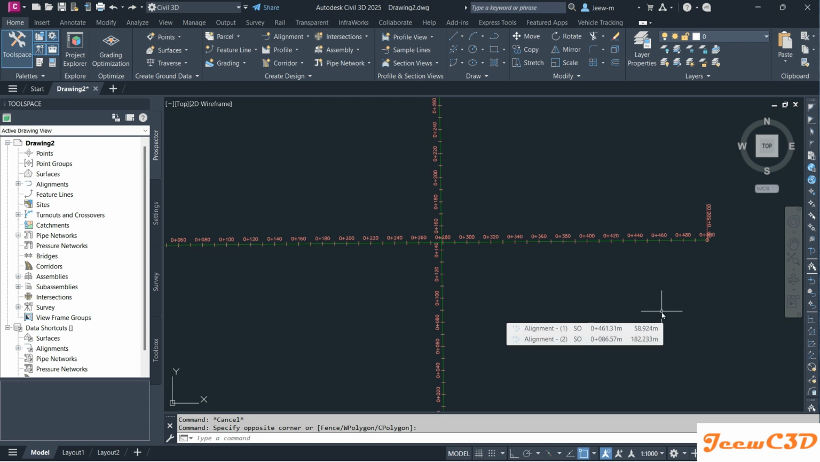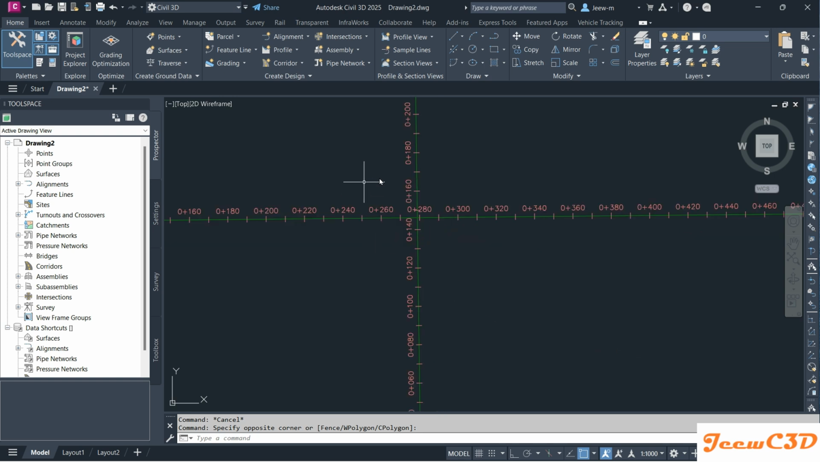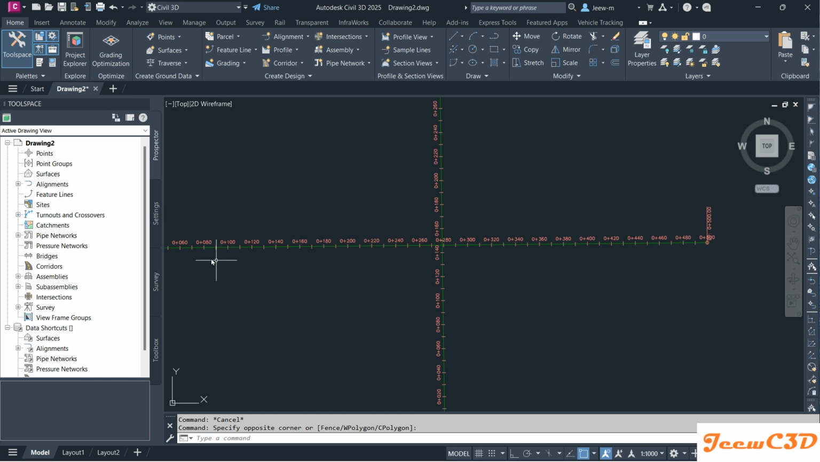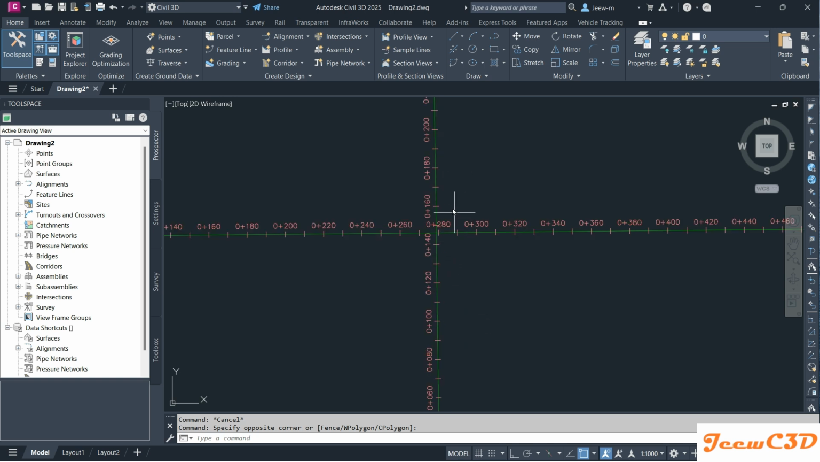In this video, we are going to look at how to add a mask to an alignment. So I have two alignments crossing here. In this crossing area, we can see both the alignments are weaving and both the labels are weaving. If you are mostly considering this road, it might be a problem. But still you want that alignment to be continued, but to be hidden in this crossing area, this is how